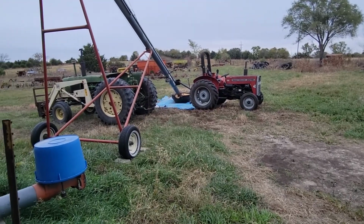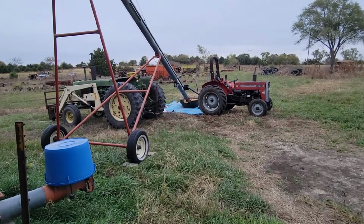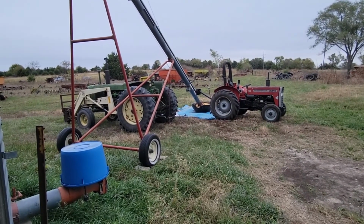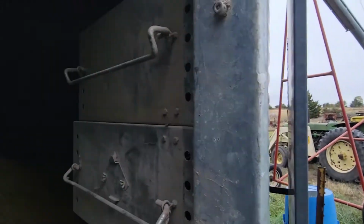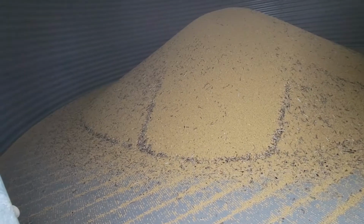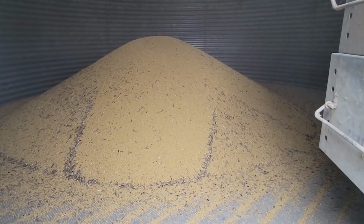Thought I'd give you another quick update. Got a tractor there to help hold that auger down, since there's really nothing hooked to it and it's pretty high up in the air. Don't want it falling over if we can try to avoid it. But there's the pile in the bin after one load, so it didn't even make it all the way to the edge. It's about 273 bushel by the